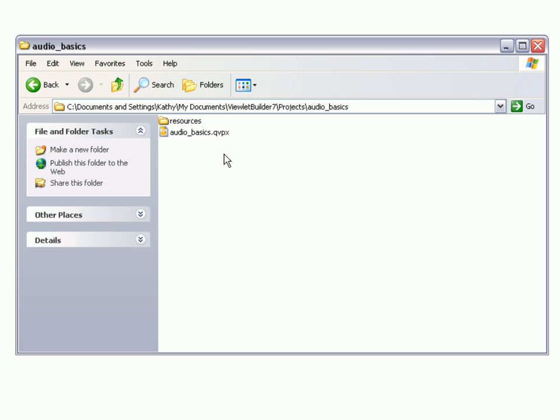However, since the QVPX works with its resources folder and is a collection of files, it is more difficult to share with coworkers. You can't just provide like a co-author the QVPX file itself without the resources folder, because if they try to open this in Violet Builder 7, it needs all of the resources to successfully load the entire